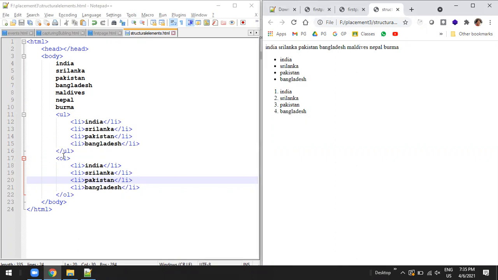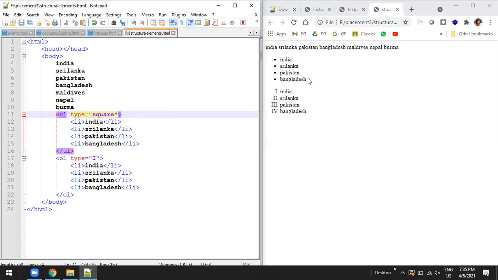These ordered lists can be changed with a different type attribute, such as type equal to A. Then the ordered list will come with A, B, C, D. Is it okay? And if you put small i, it will give you Roman numbers, and if you give capital I, it gives you capital Romans. You can mention different types. Here also you can mention type. In the unordered list also, type is equal to square.